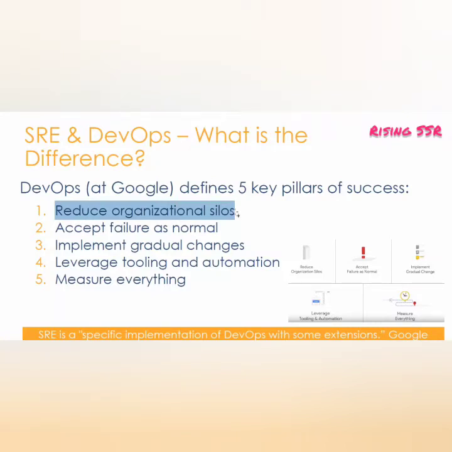That's the fundamental principle or pillar for DevOps. So how do we build SRE on top of that? We build SRE on top of that by implementing the culture of blameless postmortem, by ensuring that we set up proper SLOs and SLIs throughout the life cycle, right? If we are in a position to do that, then we are building failure as normal from an SRE mindset. Implementing gradual changes, that's one of the objectives of DevOps as well.